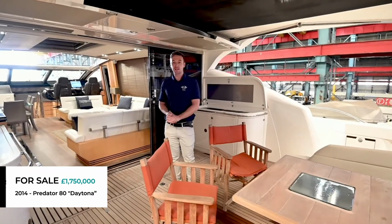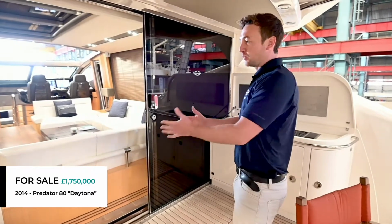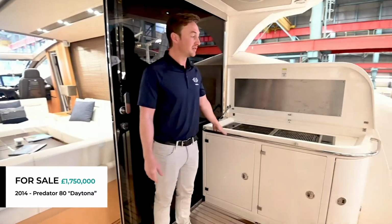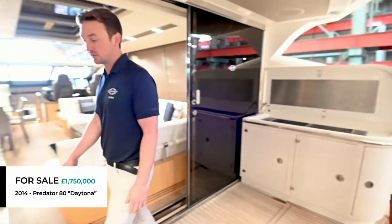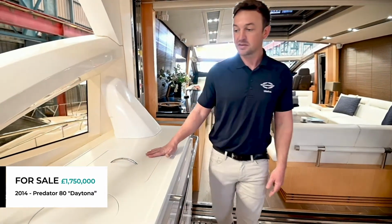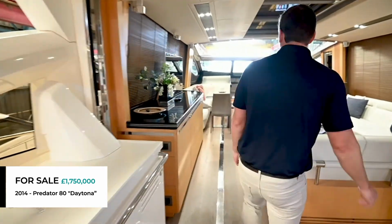Welcome on board the Sunseeker Predator 80. Just to show you quickly from this aft cockpit area, we start off with a double electric grill to starboard side. On port side we have a wet bar with ice maker, cooling box, and here we have a sink as well. As you move into the saloon area,